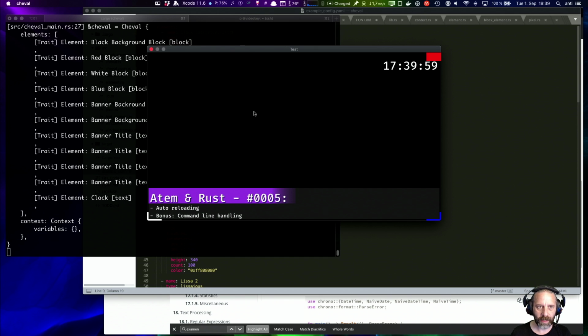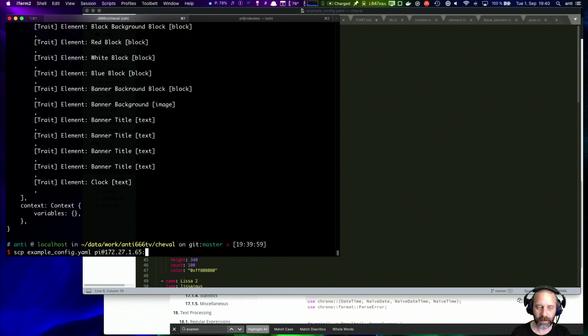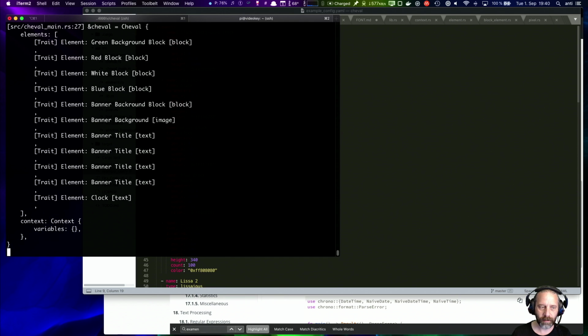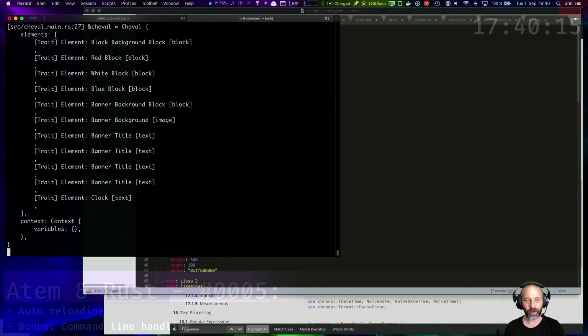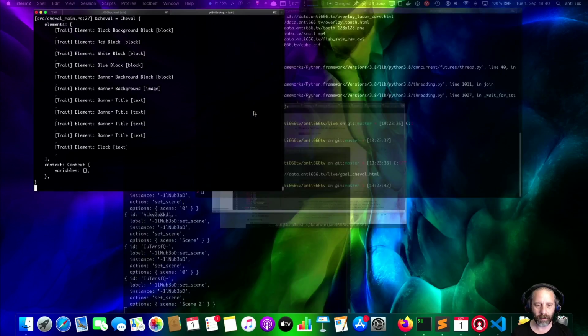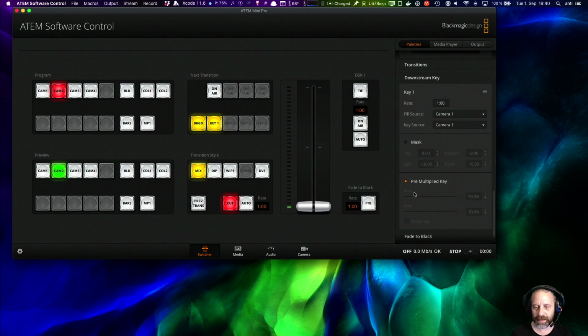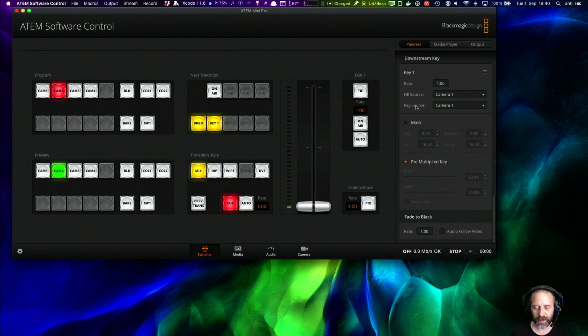And the nice thing, I don't know why the escape key takes 2 times. So I copy this over, restart this here, and if I go to the Raspberry now, we have this black background and not green anymore. We're not doing green screen chroma keying anymore. We're doing Luma keying. Oh, so if I go into Atem now and use the downstream key here, so this